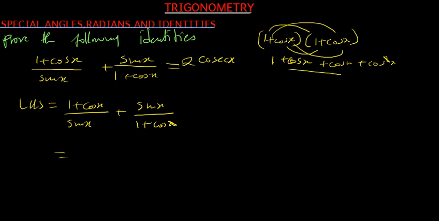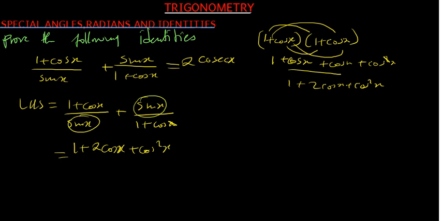And then you know that we can add this, that will give us 1 plus 2 cos x, and then plus cos squared x. So we're going to substitute. So if we multiply this with this, that is what we are going to get. The 1 plus 2 cos x plus cos squared x. And then we're going to multiply this with that, which will give us